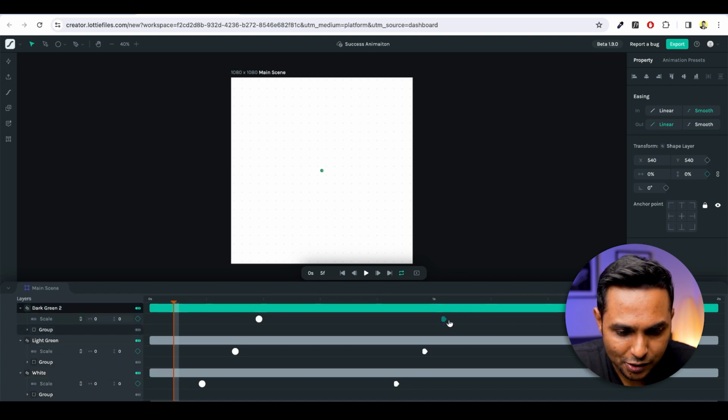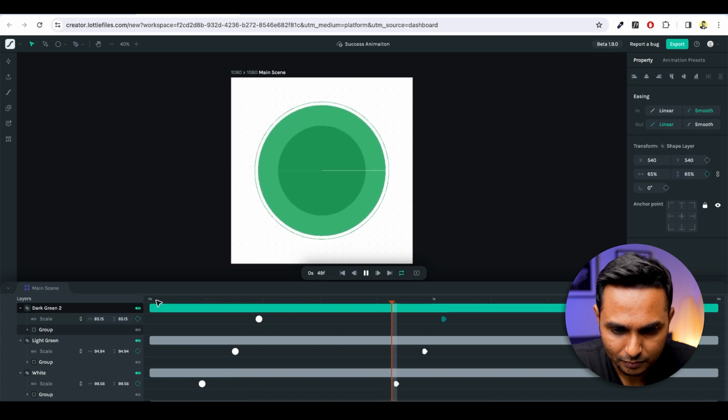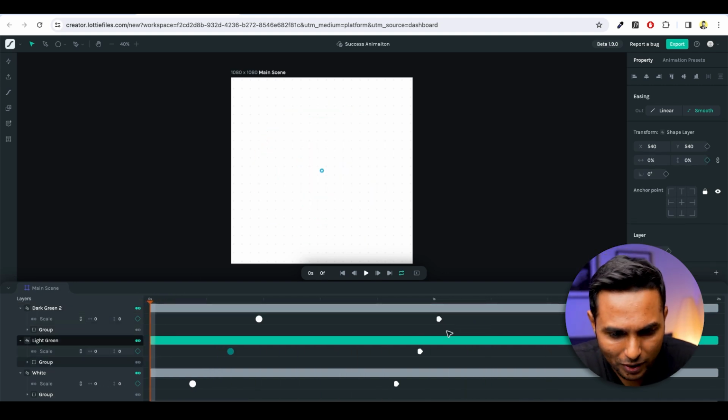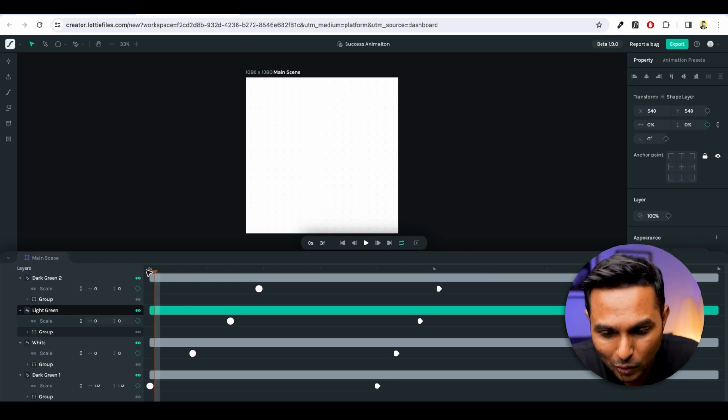I'll just speed up this section and you can just animate them the way you want. All right, I think this one looks good. I moved around things a bit. This is where I have arrived to. Feel free to move around the keyframes the way you want so that you get the desired effect